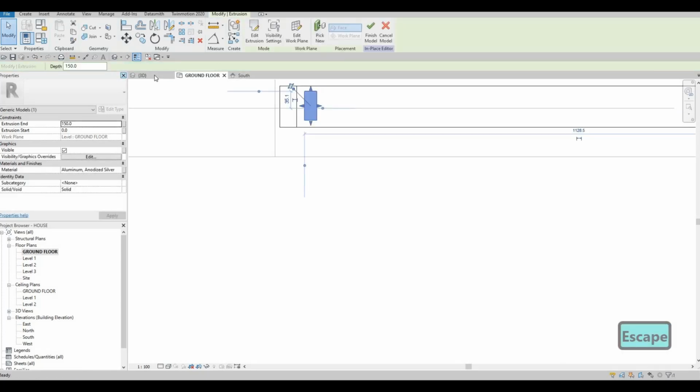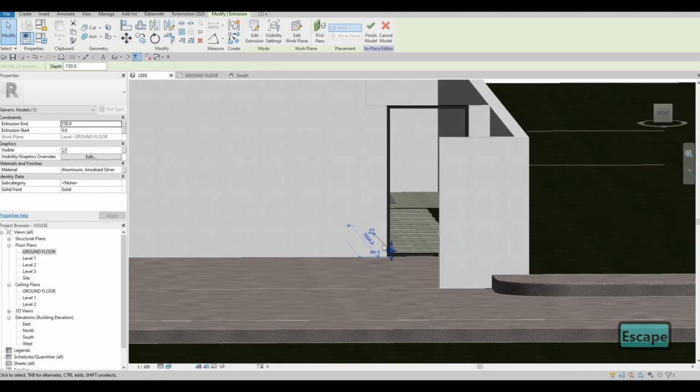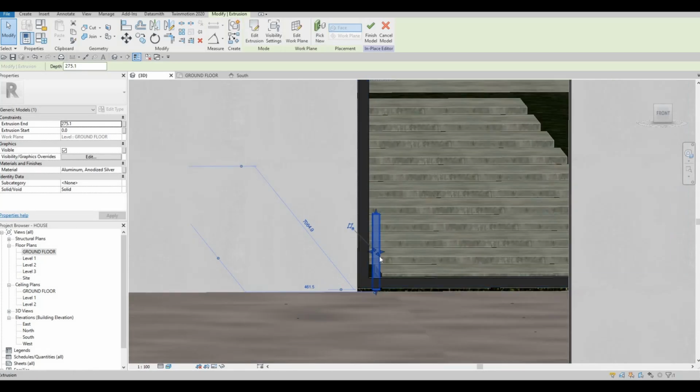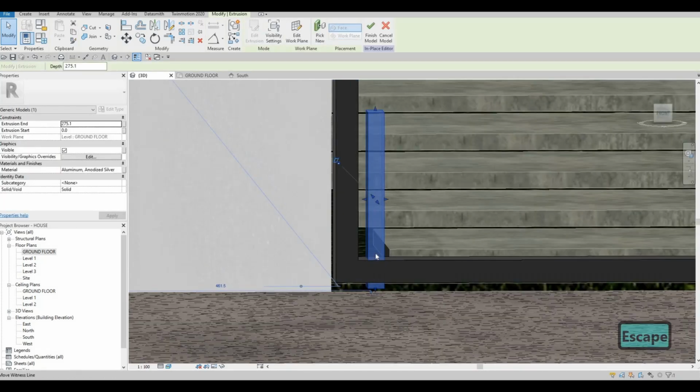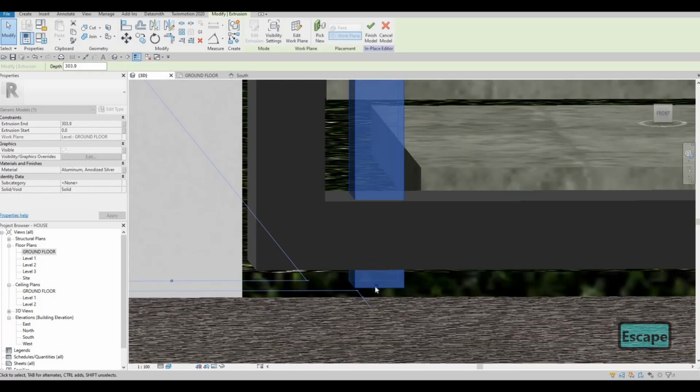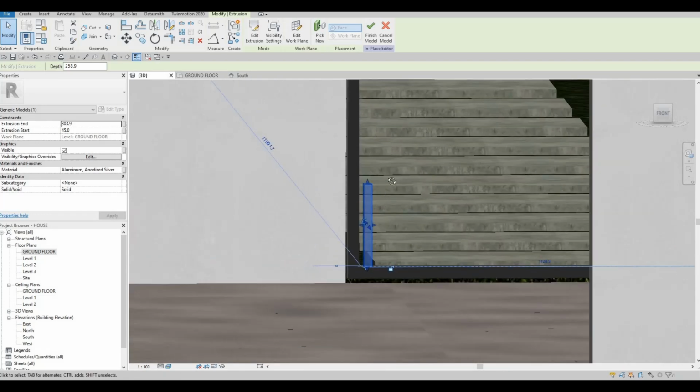Click finish, go to 3D to see how it looks. We need to set this one up. We need our setting to be proper. So I'm gonna pull this one like that, and